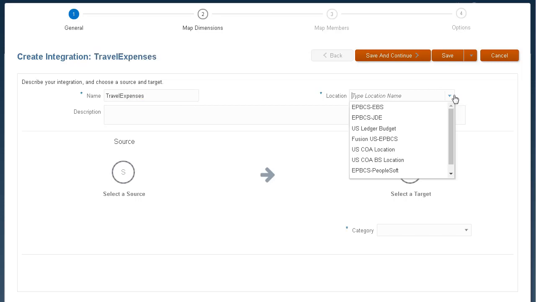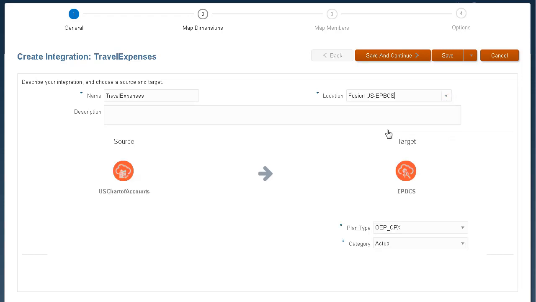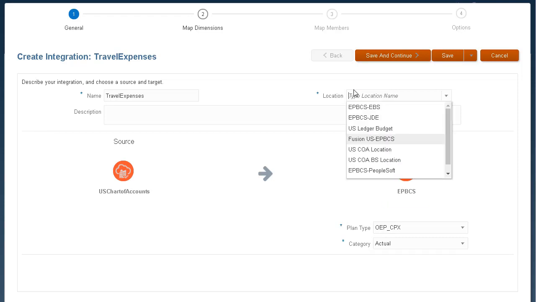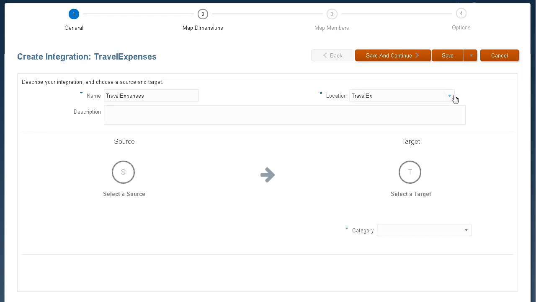For location, you can select an existing location or create a new one. If you select an existing location for your file-based source system, the target application is pre-selected for you. If you enter a new location for your file-based source system, make sure to select the target application. When your Enterprise Planning application is created, Data Management creates a file-based source system and a target system that points to your application. If you need to work with a different source or target system, you must define them in